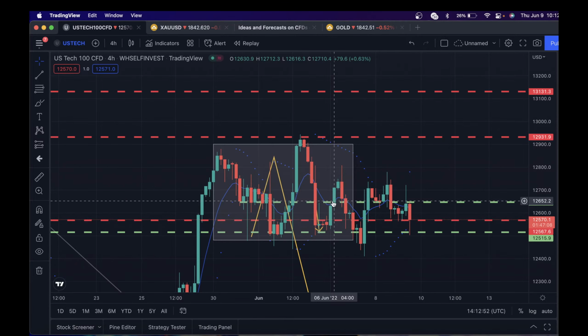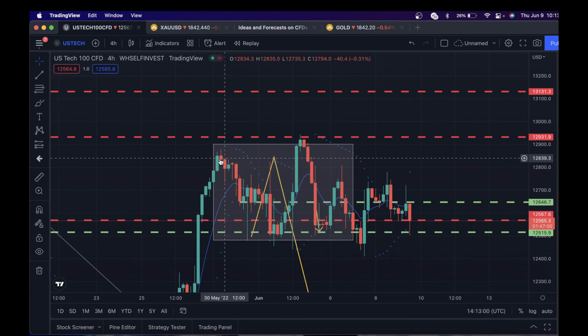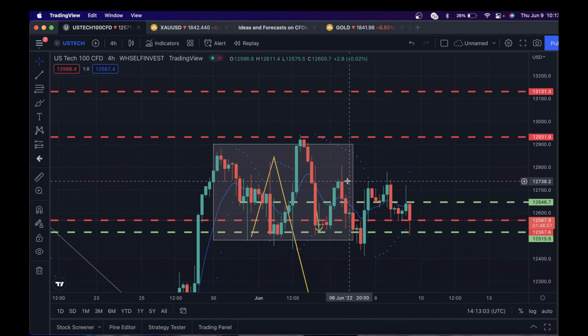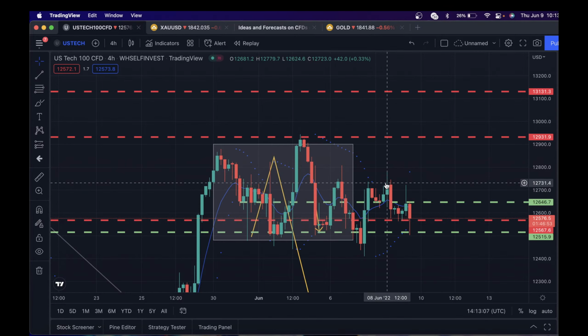But see, this is the first time it went high, and it made a low here, and it made a new high, and it came low. But if you see this, 1, 2, it couldn't break this high in this area,